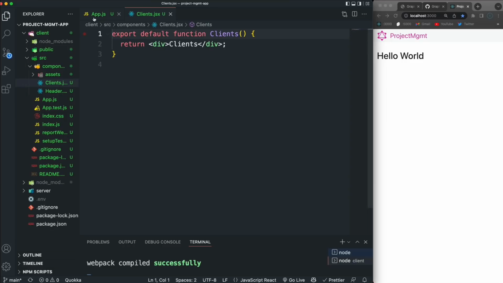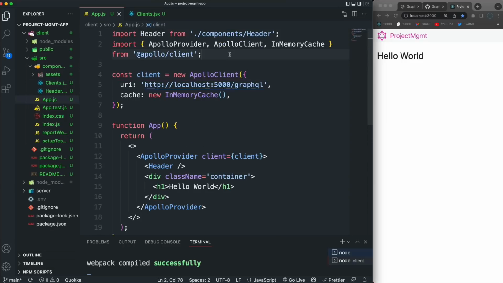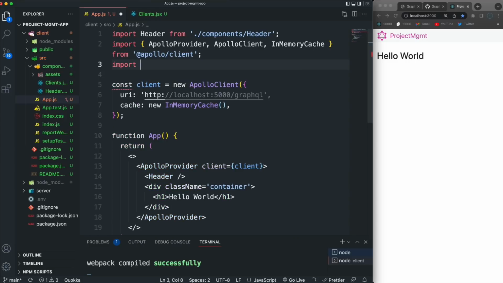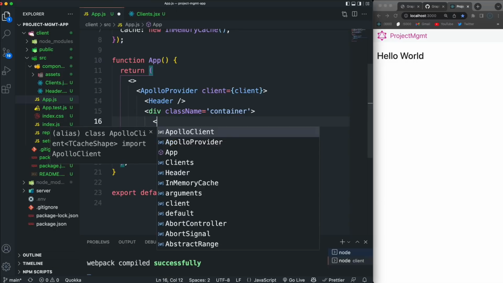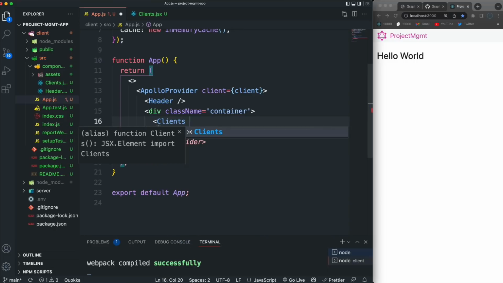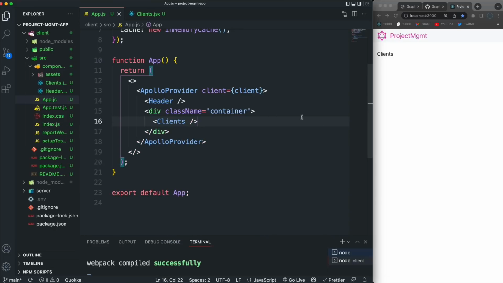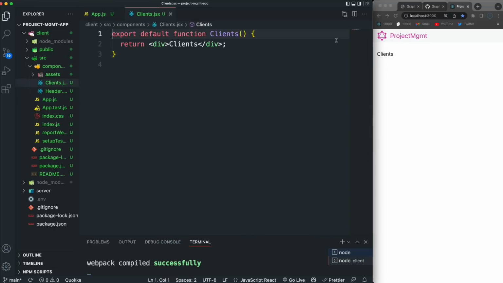And just for now, let's save it and bring it into our app.js. So import clients, and we're going to put this in place of the hello world. So clients, save that. Now we can see the clients component. So in here, I'm going to actually put the GraphQL query in here, but after that, I'm going